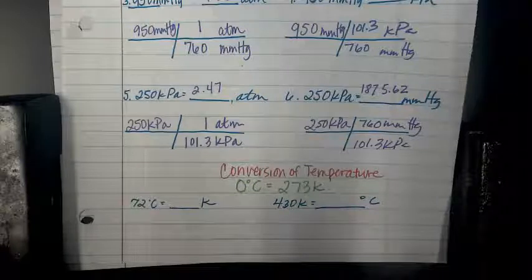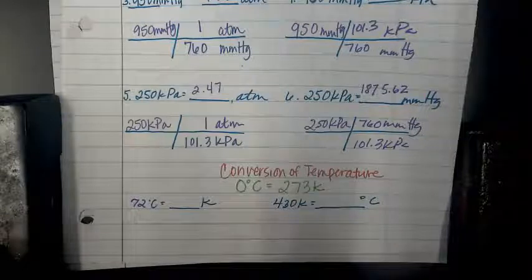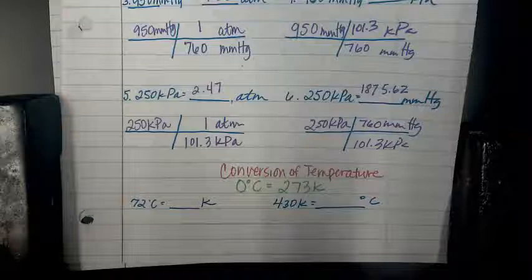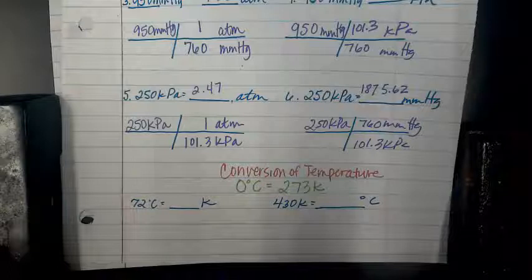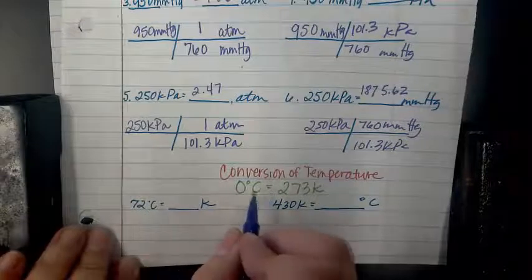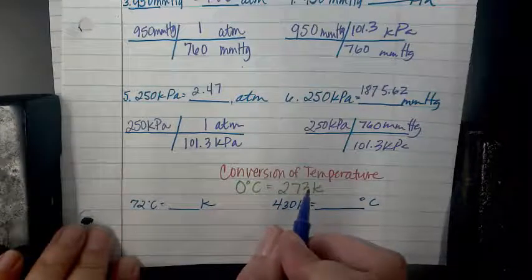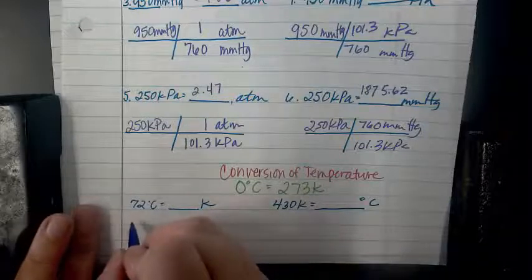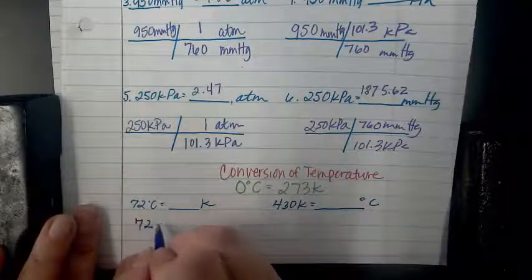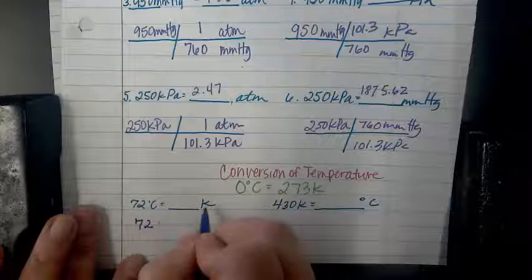So instead of us always having to convert back, and because of the gas laws and the math that goes with them, we have a standard for international, and that's 273 Kelvin. So all you do here is you add, if you're going Celsius to Kelvin, and you subtract if you're going from Kelvin to Celsius. So the first one I did was 72 Celsius, and I want to go to Kelvin,